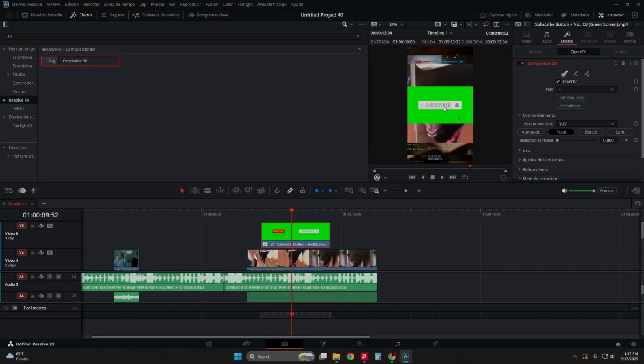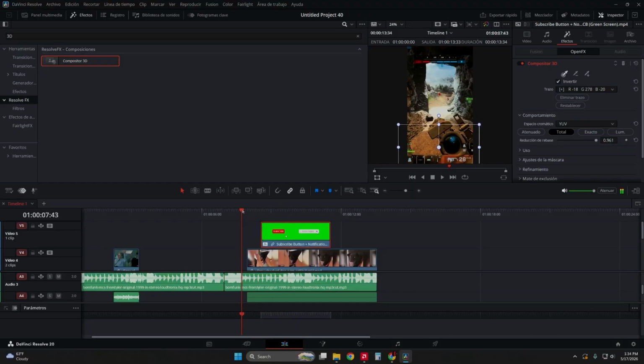This way when you click on the green screen, it adapts to the video that you have on the background, and then you see that you have green borders here. So just change this part here to the max, and then you just click back to transform, and then it lets you move this whatever you want it to be. So just amplify, put it wherever you want. So now when you play your video, it will be